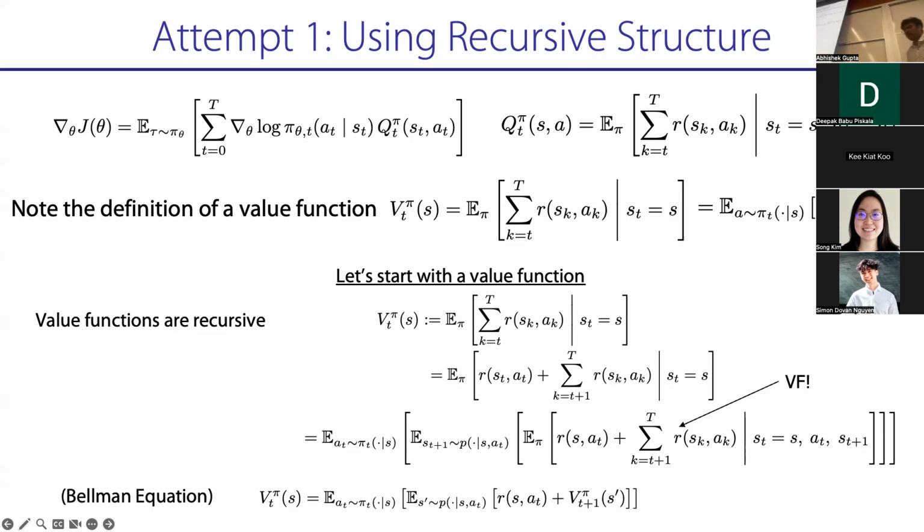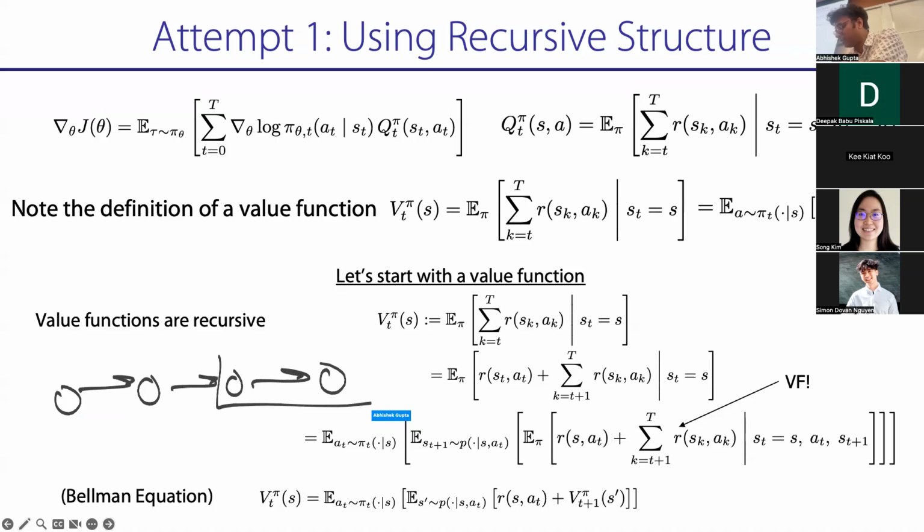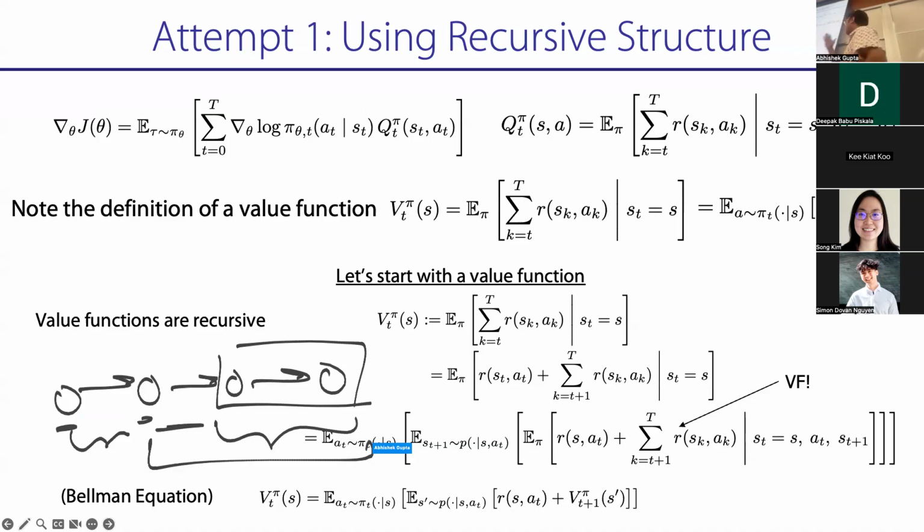This kind of intuitively makes sense, because imagine you can think of a Markov chain like this. If I have the value function from here on, the value here is equal to this thing plus the value here, and the value here is equal to this thing plus the value here. So you can think of the Bellman equation as a backward recursion starting from the end, summing up rewards going backwards. The nice thing is you can do function approximation on individual pieces.